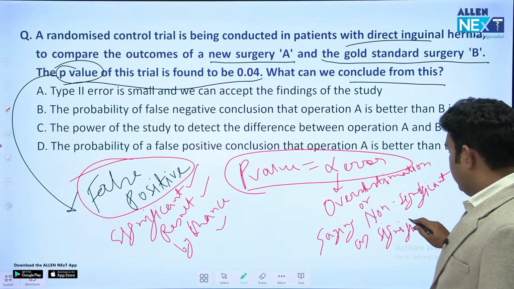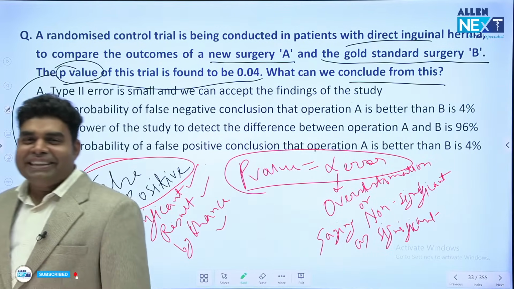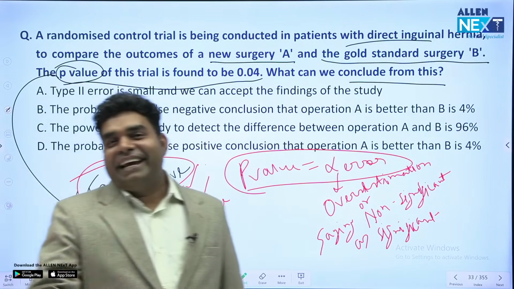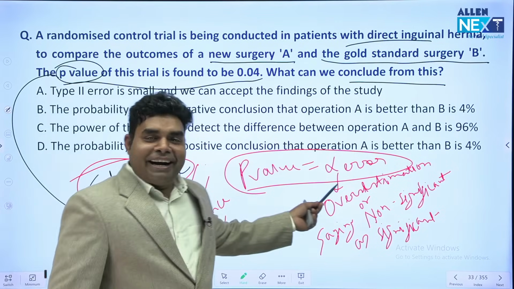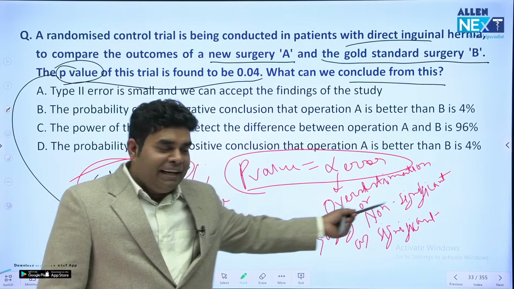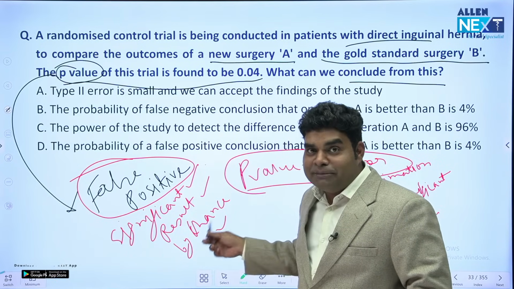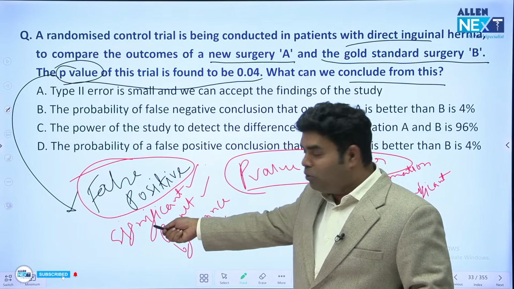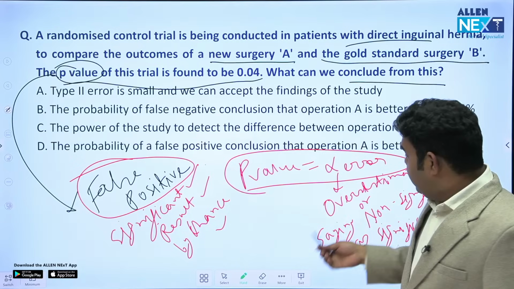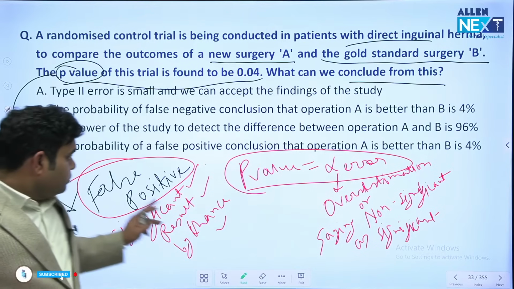देखो आपके भी बैच में कोई एक ऐसा दोस्त होगा आपका या कोई सीनियर होगा जो लाइब्रेरी में घुसता है और निकल के बोलता है यार वो लड़की भी मुझे देख रही थी, वो भी देख रही थी, वो भी मेरे प्यार में गिरी हुई है। तो वो कैसे लोग हैं? वो अल्फा एरर कर रहे हैं, वो ओवर एस्टिमेट कर रहे हैं। गर्ल्स आर जस्ट लुकिंग कैजुअली, नॉन सिग्निफिकेंटली, एंड दे थिंक इट इज सिग्निफिकेंट। दे आर गेटिंग सिग्निफिकेंट रिजल्ट बाई चांस, बाई लुक। बंदी ने बाई चांस देखा और उनको लगा कि सिग्निफिकेंट हो गया। दैट इज पी वैल्यू, दैट इज अल्फा एरर। और बाबा रामदेव भी क्या कर रहे थे? नॉन सिग्निफिकेंट कोरोनिल को सिग्निफिकेंट बोल रहे थे।